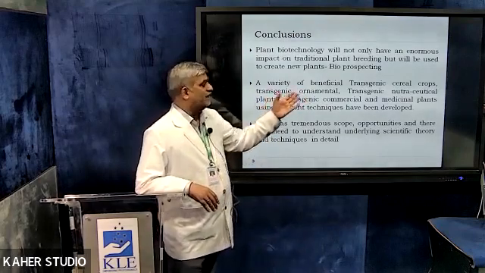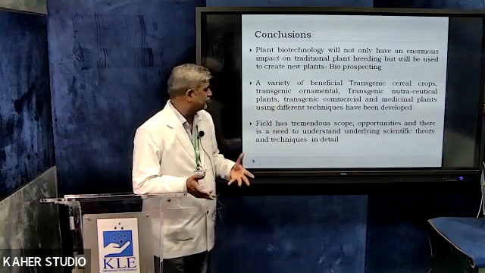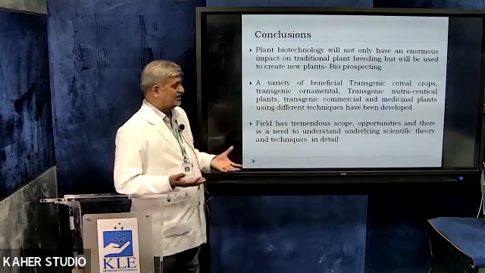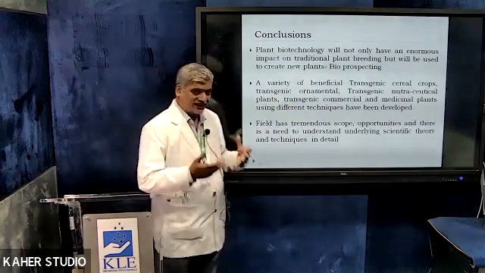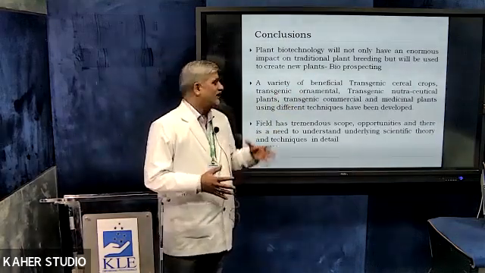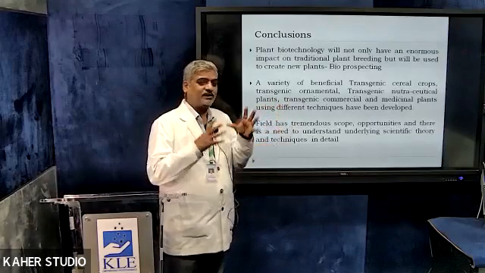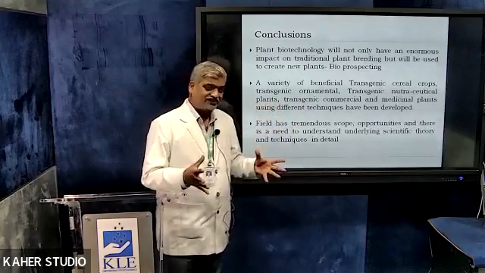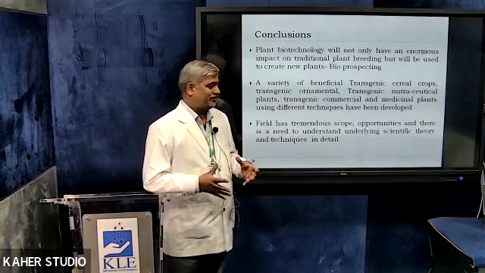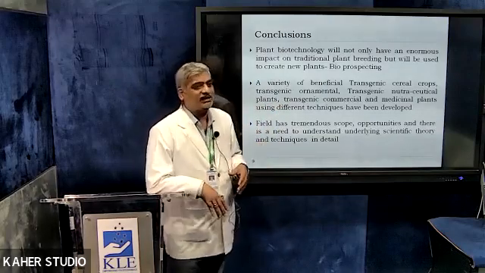A variety of beneficial transgenic cereal crops are there. Transgenic commercial and medicinal plants have been developed using different techniques, and therefore it is essential for us. There are possible innovations, patents are possible. You can earn money, and knowledge based products can be generated through this plant